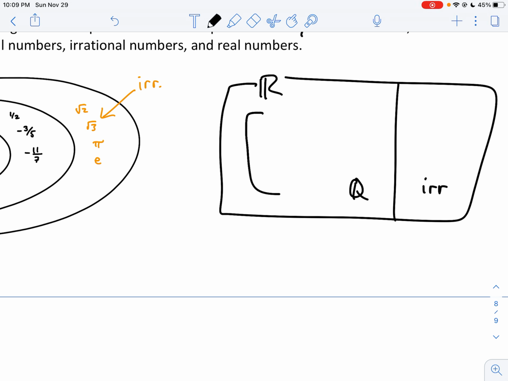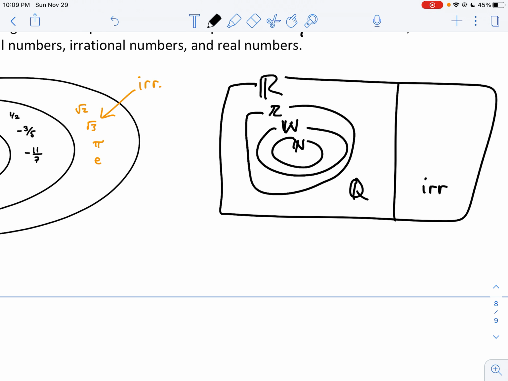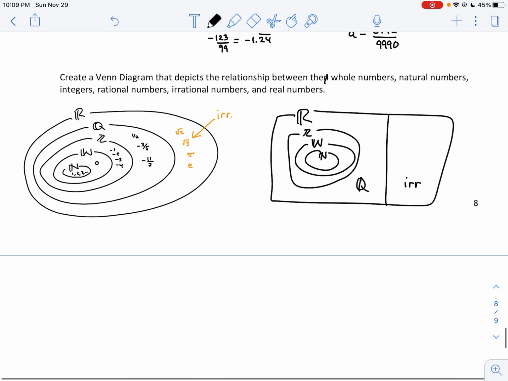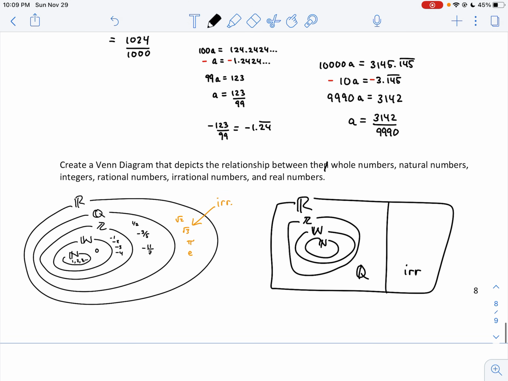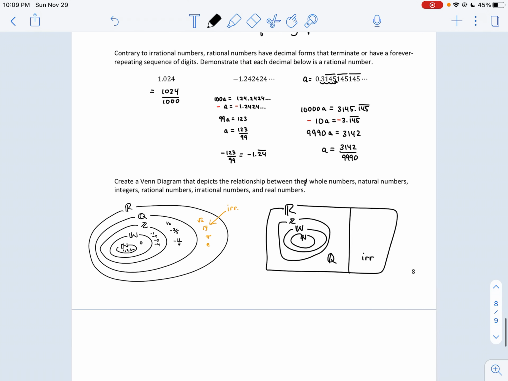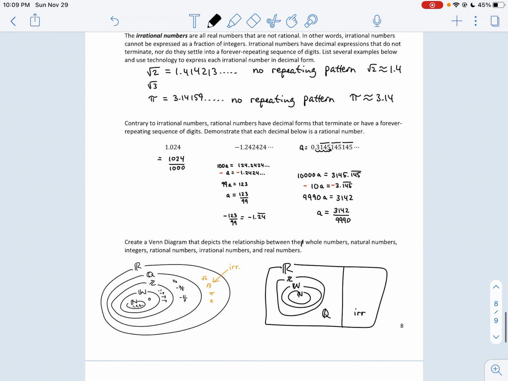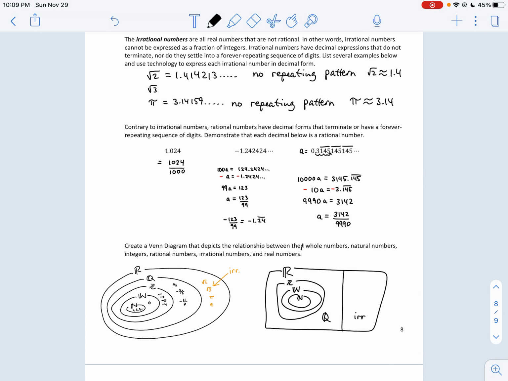And the rationals, from there, we start getting the nesting. So inside the rationals, we would see the integers. Inside the integers, we would see the whole numbers. And inside the whole numbers, we would see the natural numbers. So here's an optional way to do a Venn diagram that shows the relationship between all these different classifications of numbers that we've learned. And that wraps up